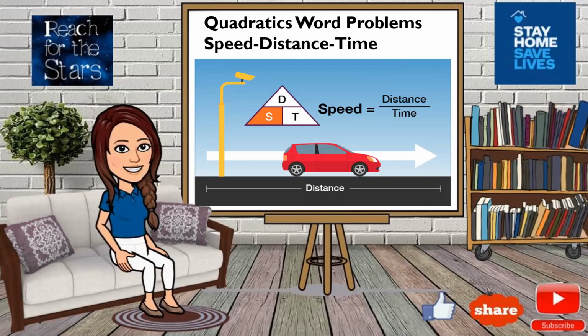There would be two vehicles. There can be two different types of trains, or two different types of cars, wherein one car would be a slow one and one car would be a faster one. So obviously, the speed of the faster car would be more and the speed of the slower car would be less. If the speed of a car is more, the time required by it would be less, and if the speed of the car is less, the time required by it would be more. You need to remember this, and accordingly we need to solve the questions.